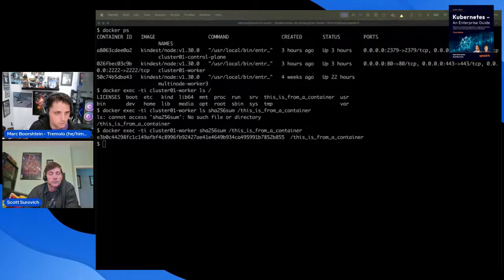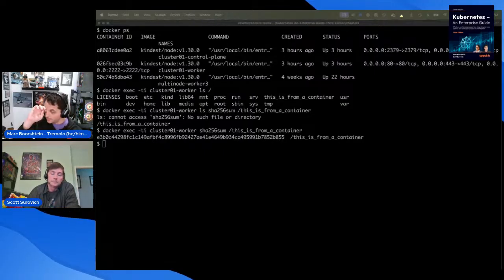Because once you've gone distroless, that means if something goes wrong, you now need to exec in. We like to pretend nobody needs exec, but let's be real. People want exec, even if maybe they don't need it. Sometimes when you're debugging a network policy or something, you have to test that from inside the container. You can't test that from the outside world. So not having a shell in the container can be problematic.